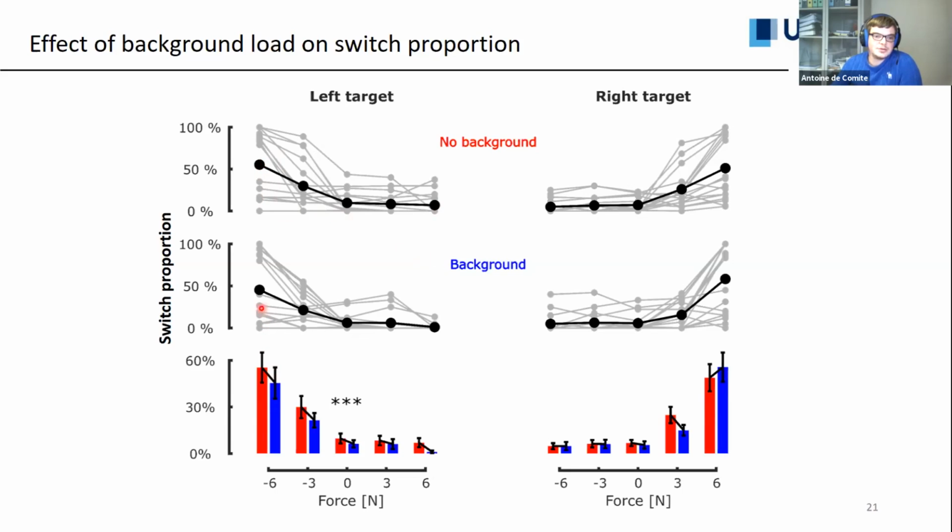So we'll compare the mean values at population level as well as SEM, and what we observe is that for the left target, there is a significant decrease of the switch proportion to this left target when we add the background load. So this is coherent with what we observed in the first experiment. That is, when you perturb the hand, so if you pre-excite the muscle pushing in the direction of one target, you will decrease the amount of trials that end up in this direction, which is very counterintuitive. And what is even more surprising is that we didn't observe any effect for the right target. So for the same background level, we didn't observe any significant effect on this target.